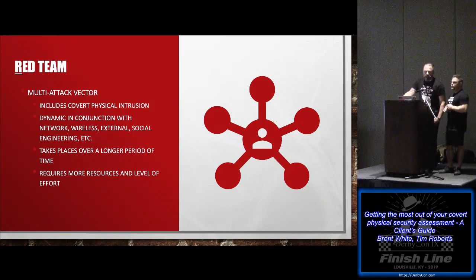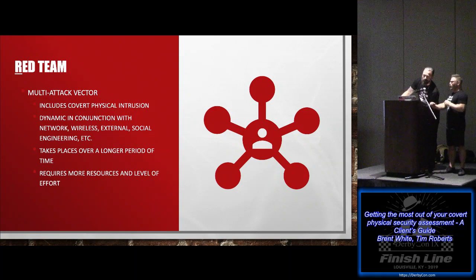It does boil down to the scope. Even when you're doing pre-sales and talking with your client, developing that statement of work, you need a clear understanding of what a red team is. Because sometimes a client will come in and say, hey, we want a red team assessment. Okay, cool. And then we talk with them and all they want is a wireless security